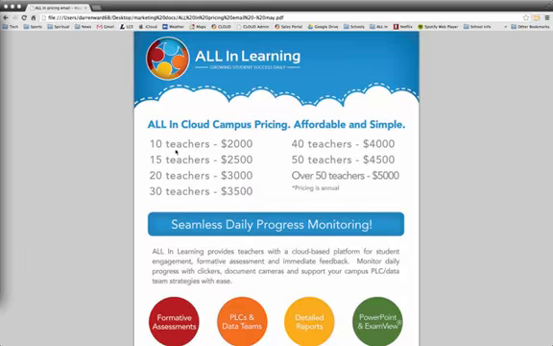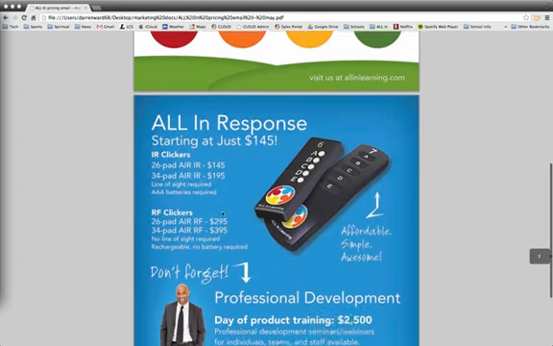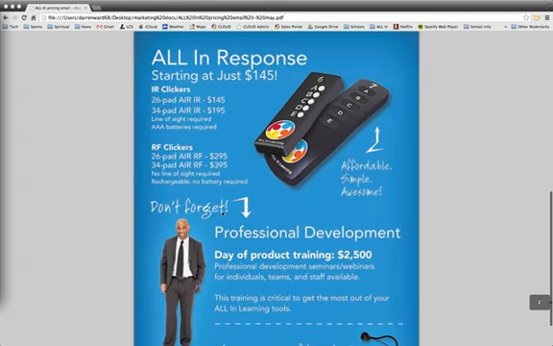How many teachers do we want to roll this out to at a campus? So this lets a school kind of dip their toes in the water accordingly. As they're looking at strategies, as they're looking at ways to roll this out, we give them tools to do that in a way that's conducive to their strategies and not having to roll it out campus-wide if they don't want to. And then the pricing on the clickers, the infrared clickers are